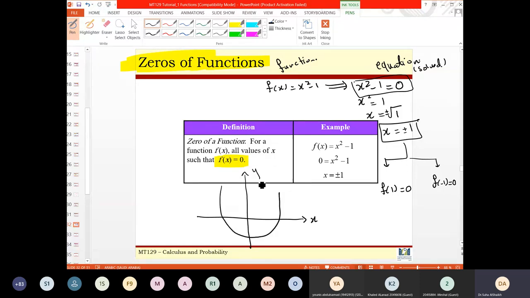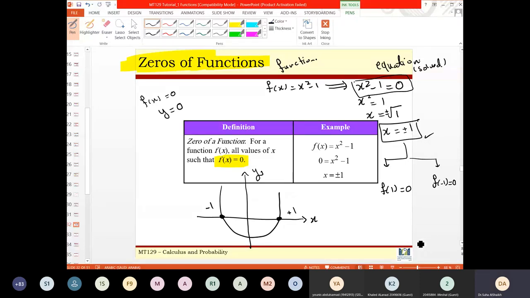شايفين x-axis y-axis؟ الأصفار is when I cut هنا وهنا. This is -1 and this is +1. The two numbers I got here. This is a parabola, by the way. It's a concave up parabola. It cuts هنا وهنا. أصفار الدالة when I make f of x equal to 0. This is like letting y equal to 0. y equal to 0 على x axis ولا؟